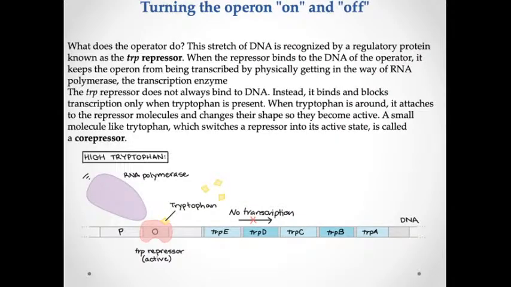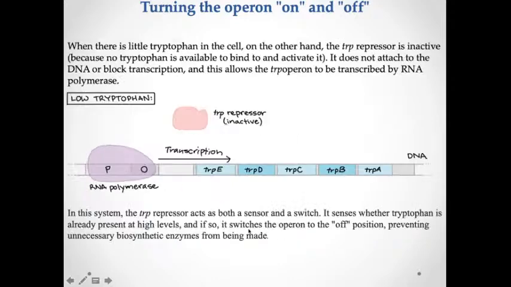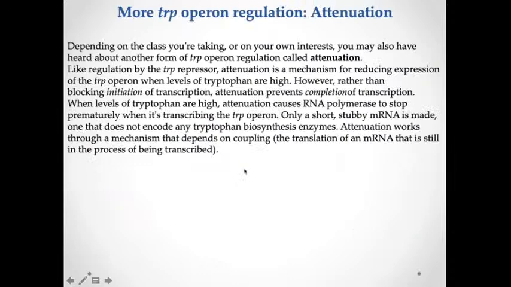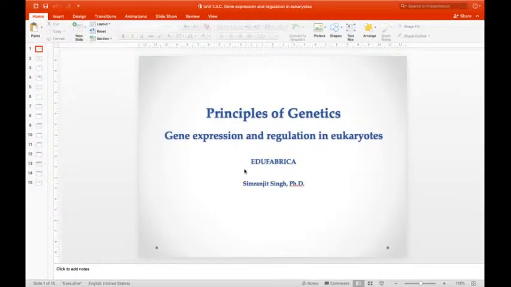It also has a repressor at the operator site where tryptophan is attached to it. Whenever there is high tryptophan, it will attach to the tryptophan repressor, it will be activated, and you will have no transcription in that case. But in case of low tryptophan, your tryptophan repressor will be inactivated, the promoter and RNA polymerase will be attached, and transcription can happen like this. So that's the main thing with the tryptophan and Lac operon.